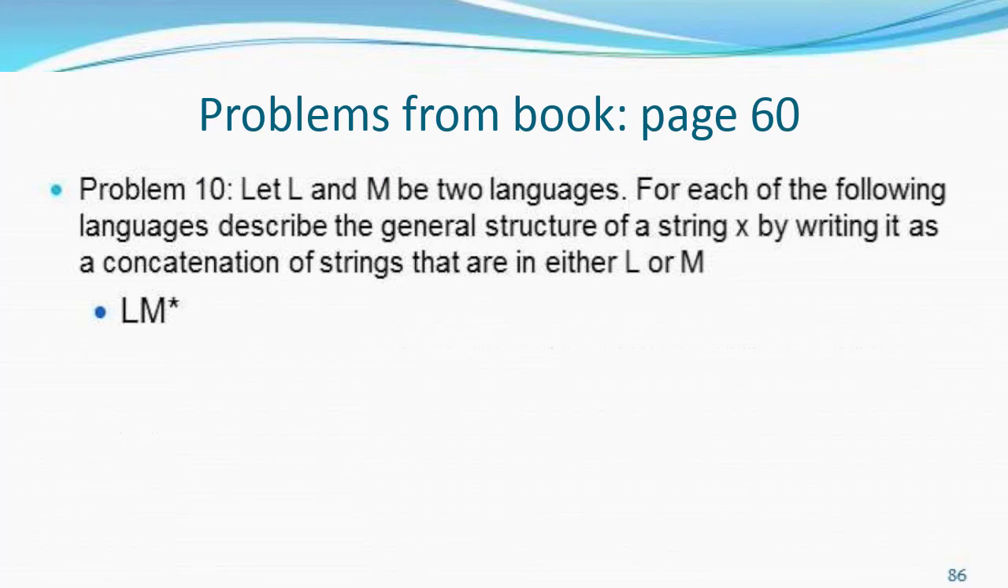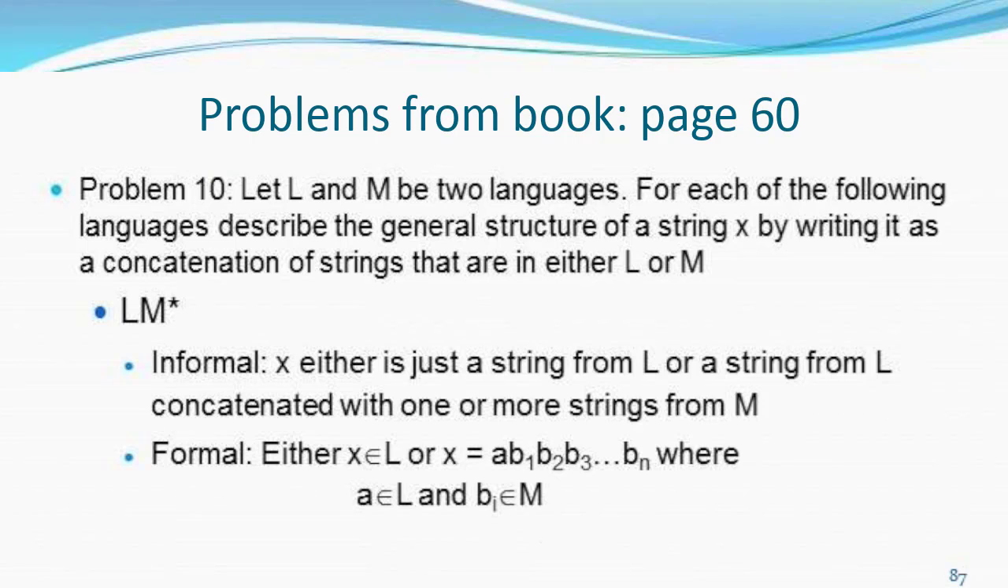Let's do another problem from the book. If L and M are two languages, for each of the following languages, describe the general structure of a string X by writing it as a concatenation of strings that are either in L or in M. So it's basically saying if you have a string that is in your language, tell me what the string looks like. For the language L M star, I might informally say,